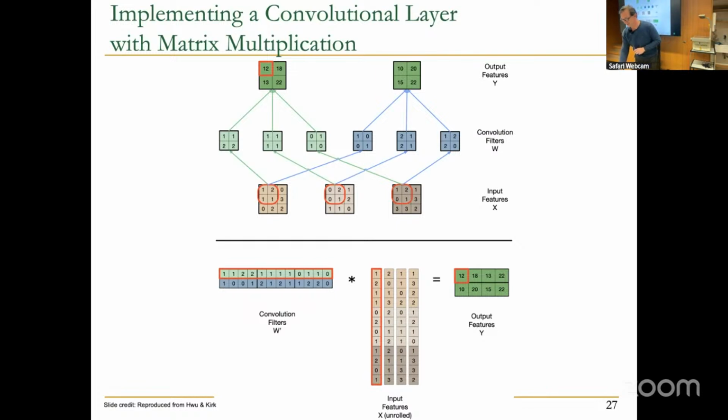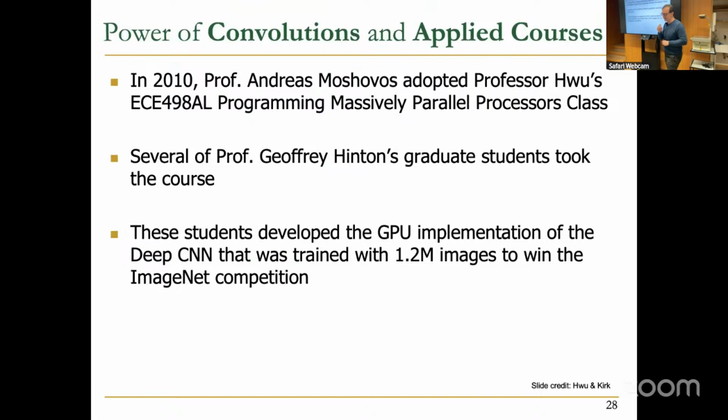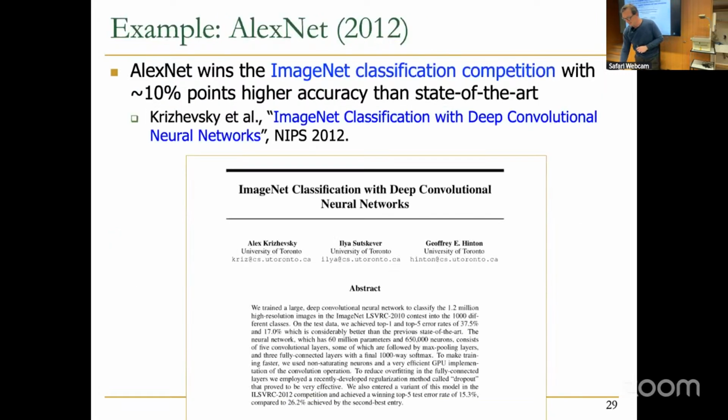Make sense? Okay. So I think it's also motivational, and that's one of the reasons I want to talk about research at the beginning of this, because computer architecture has actually played a lot of role in machine learning. Sometimes machine learning people don't realize that. Basically, the reason AlexNet got developed was because some folks at the University of Toronto took an architecture course, a parallel programming GPUs course, and they figured out how to implement a deep convolutional neural network and how to train it, such that it can provide much better accuracy in recognizing images. We're talking about 2010, and they went and published this paper,